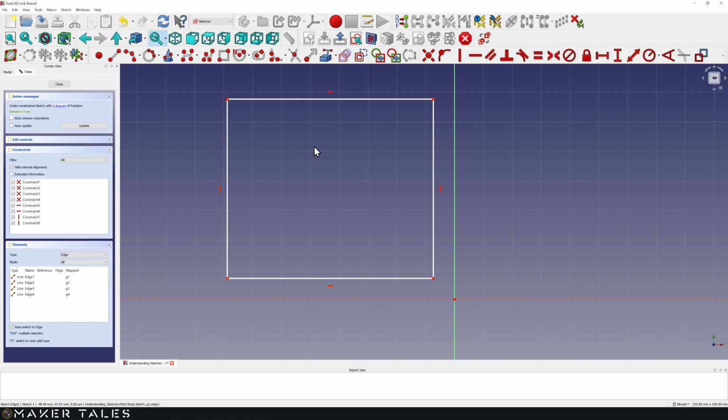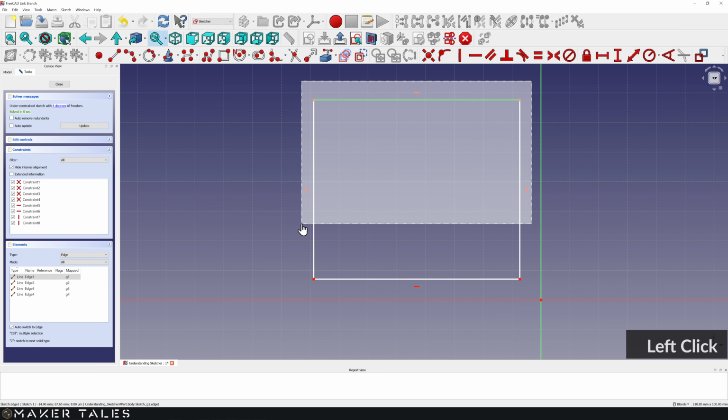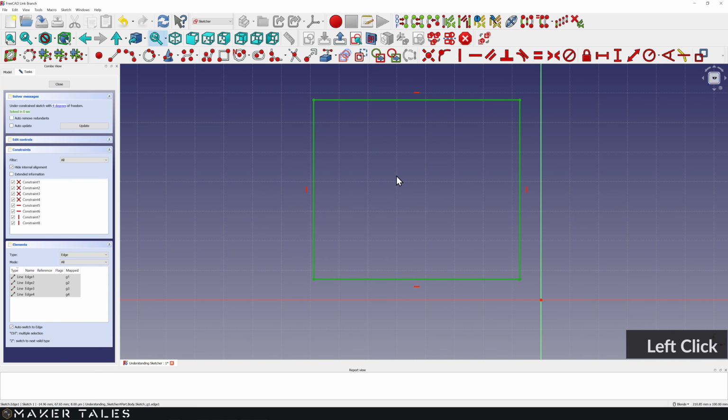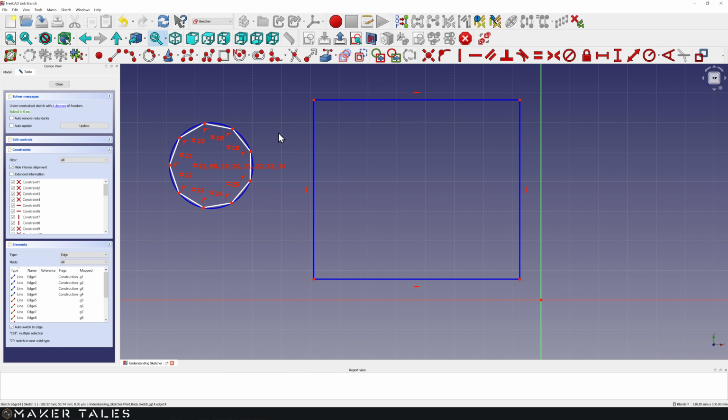What's a construction line, you might ask? Well, a construction line is basically a line that is used for the construction means of a sketch. So we can select this entire sketch right here, press this button, and it's going to turn it into that blue line that we saw. Where did we see that blue line? Well, when we were creating our own custom shape here, we can go ahead, go like this, and you'll see that we have that blue line. That's what that blue line was. It was a construction line.